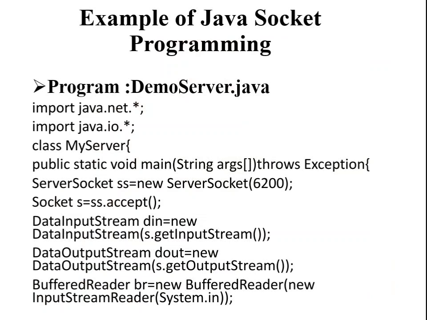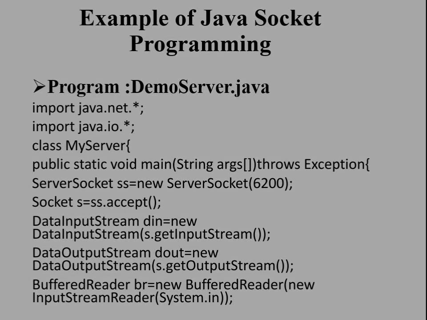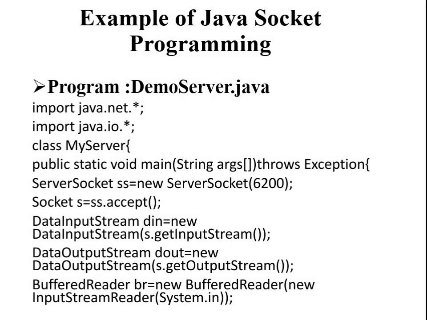To run this program, open two command prompts and run each program one at a time. A notification will appear on the server console when the client application has been run. Then let's now consider the example of Java socket programming for reading and writing on both sides. In this case, the client will send the text to the server first, after which the server will receive and print it. The server will then send a message to the client, which the client will receive and print. The process is continuous. That's what we call read and write on both sides.